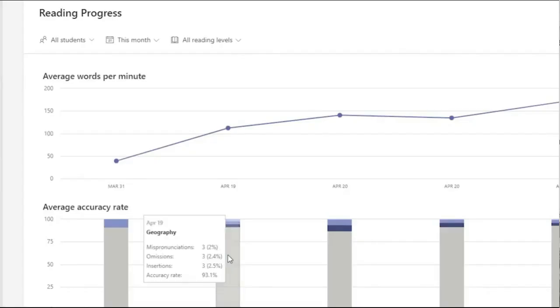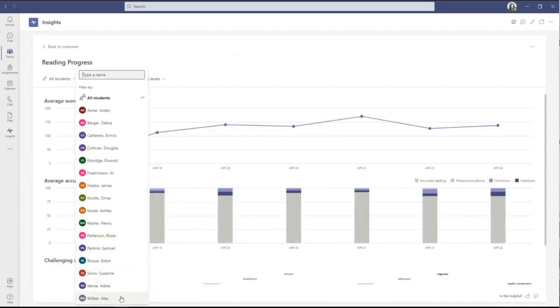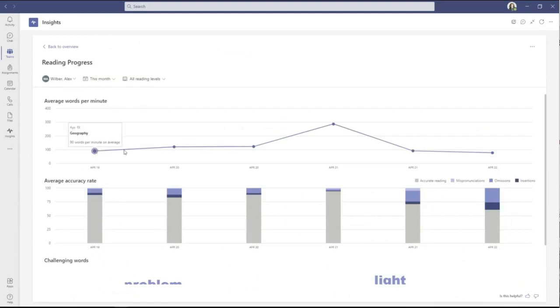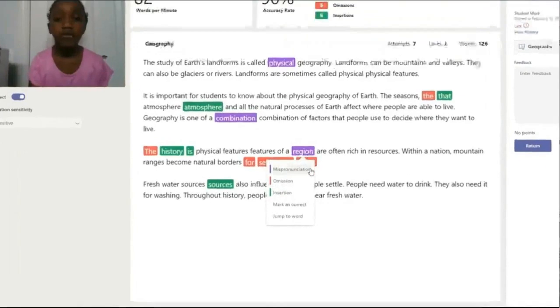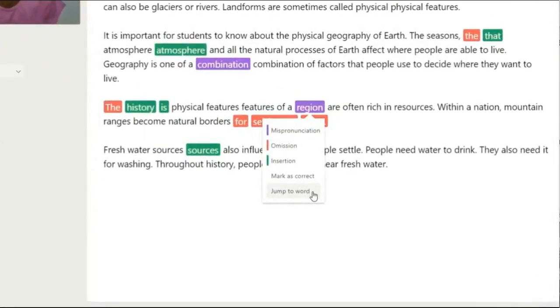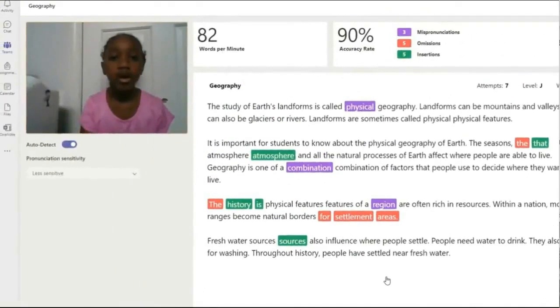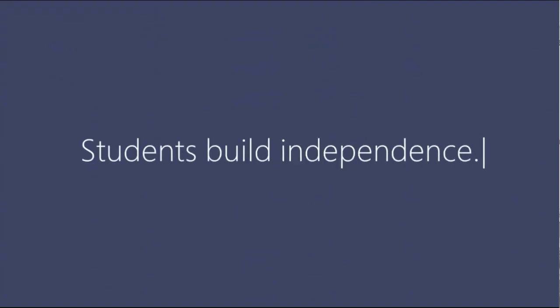The whole class, this is what I'll teach them, and maybe this one specific individual student, I need to address with him or her this specific area. Reading Progress has really motivated a lot of kids to work harder and kind of gave them ownership of their learning. Well, as a mother and an educator, you know that the conference with the student is the most powerful piece. It's not necessarily them reading and recording. It's what you do with that reading and with that recording. And she's able to capitalize on that even faster now.